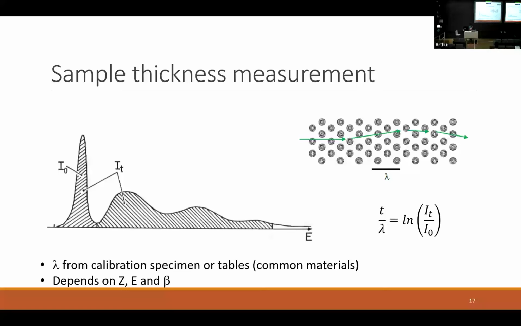So what we can do is integrate under all of the spectrum, and then integrate just under this peak here, and take the ratio, in fact, the log of the ratio of it. And then if we know our material, say we're using silicon, we can look up the mean free path of that, and then we can calculate the thickness, which is t here. So it's a really nice way to measure that. As well as just getting a measurement from a spectrum, we can also measure on a line scan or a map. So we can generate a lot of information about the thickness of our sample that way.